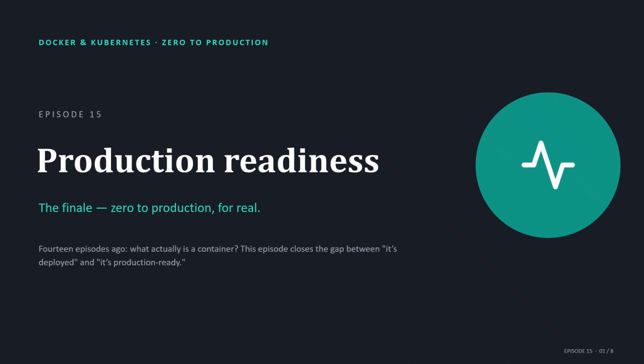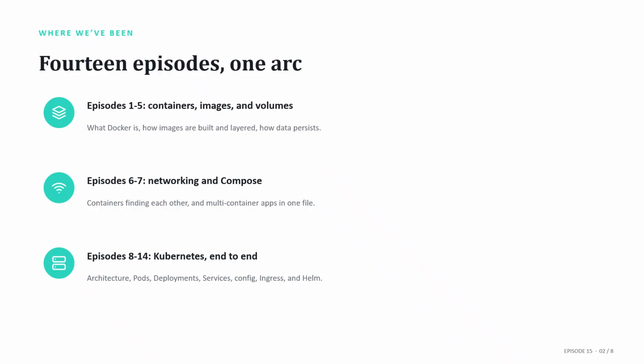14 episodes ago, we started with one question. What actually is a container? Since then, you've installed Docker, built and tagged your own images, persisted data through volumes, connected containers over real networks, composed multi-container apps, and spent the last 7 episodes standing up a full Kubernetes deployment, pods, deployments, services, config, storage,